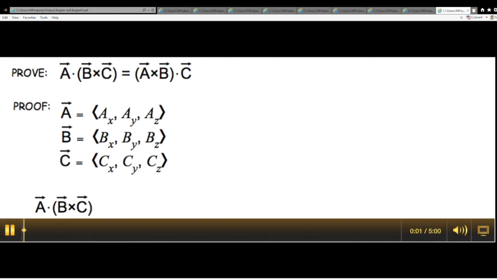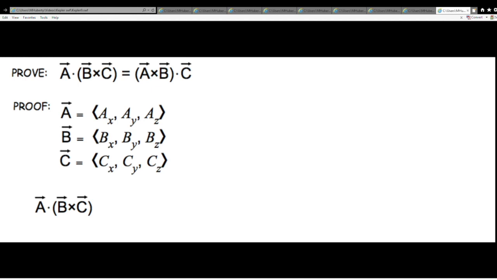All right, we need to take a little aside to prove a particular vector property here: that, in general, A dot the cross product of vectors B and C is the same as A cross B dotted with C. Okay, and in this proof, I'm going to break out vectors A, B, and C into components with the subscripts x, y, and z. So I'll start with this left side here, A dot B cross C,